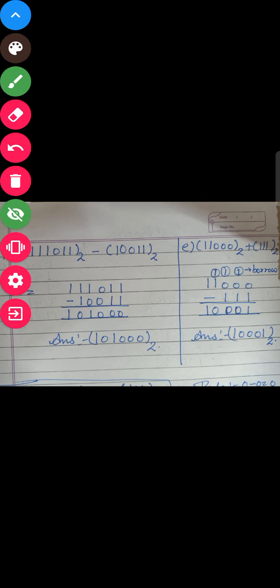Start solving the sum. First of all we are having 2 times 1, 3 times 0, 3 times 1. 0 minus 1 will be 1 and 1 will be borrow in that case. 1 minus 1 will be 0. Next we are having again borrow of 1. 0 minus 1 will be 1 and 1 was borrow that time. 1 minus 1 will be 0 and for that we are again having the borrow of 1 because 0 minus 1 will give the borrow of 1.